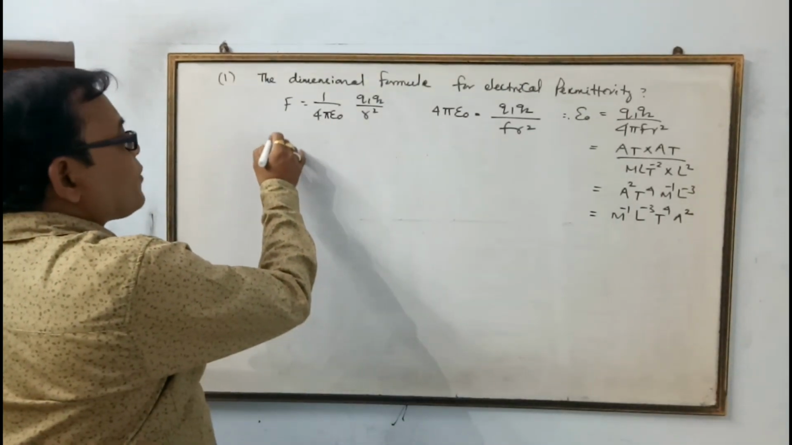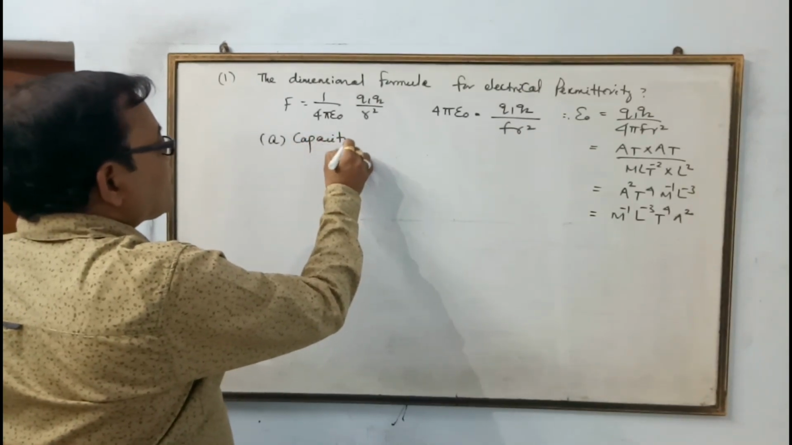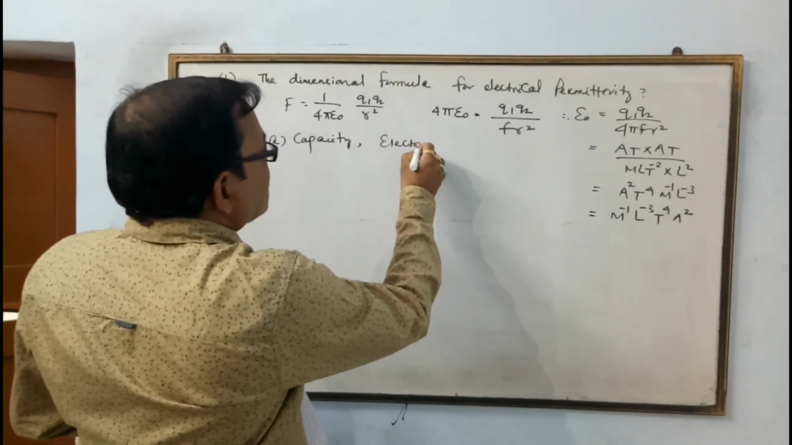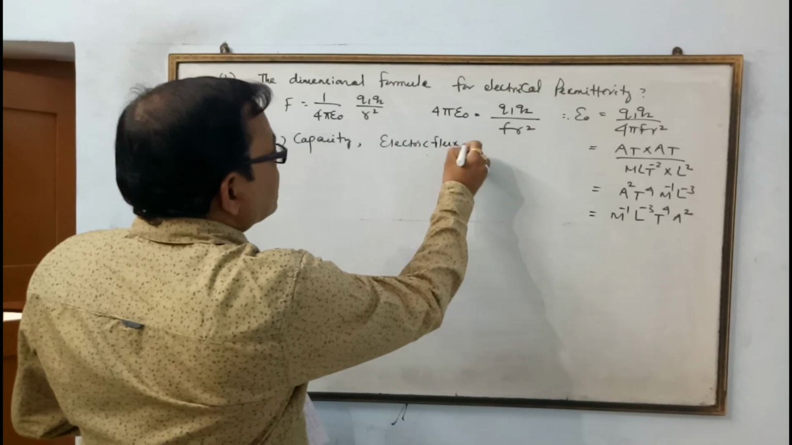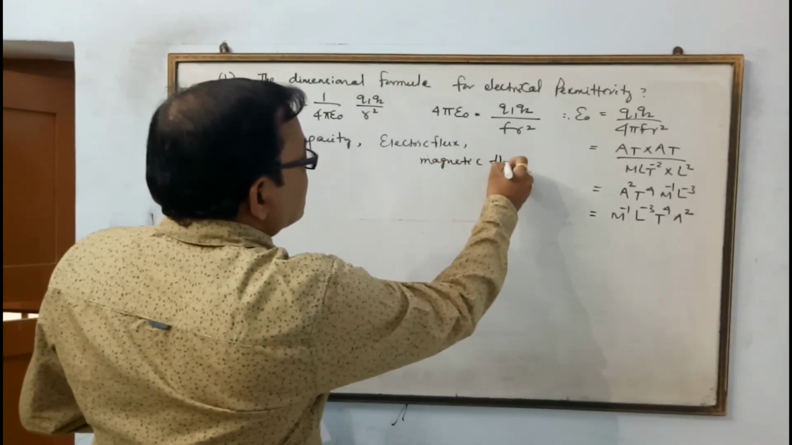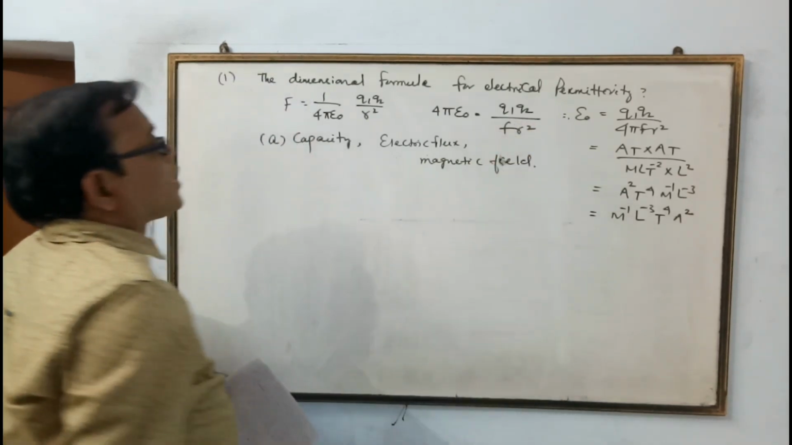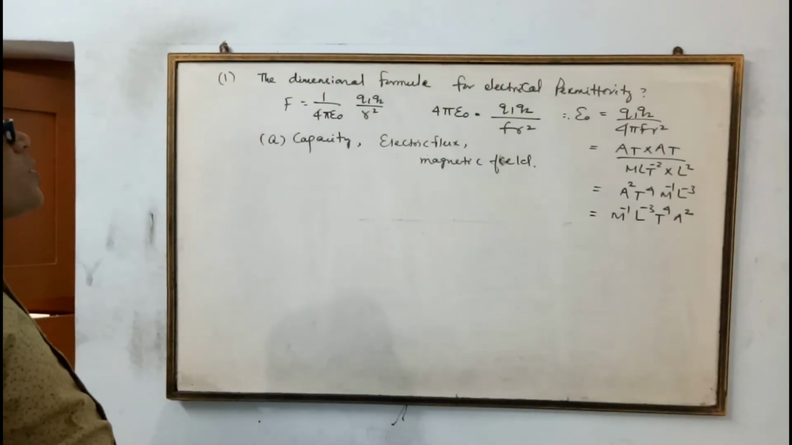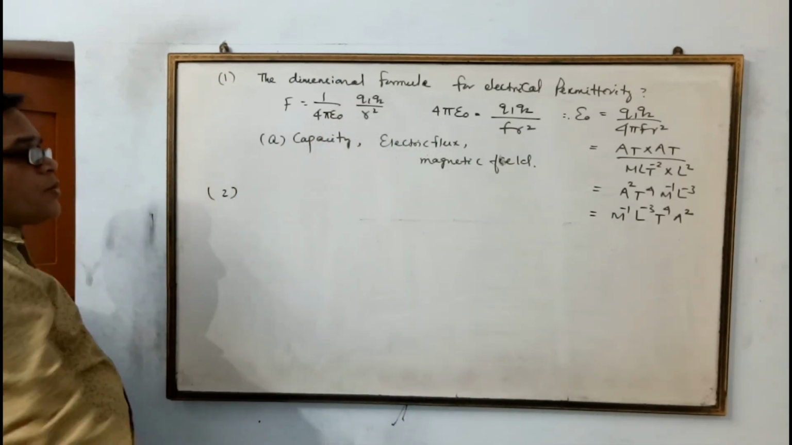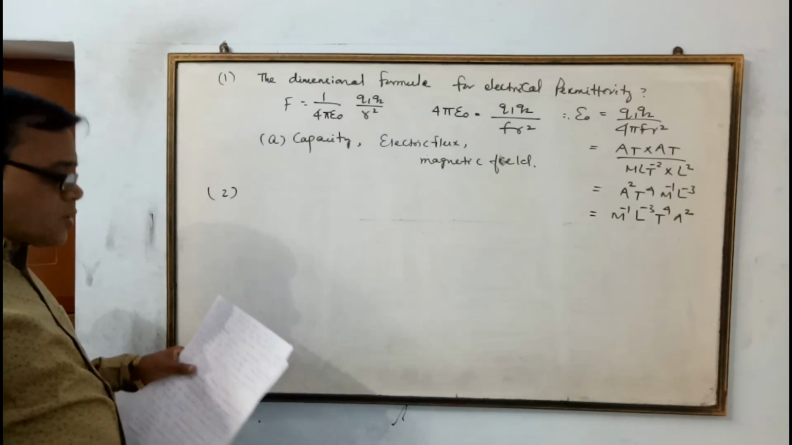Similarly, the dimensional formula for electrical capacity, electric flux, and magnetic field. These dimensional formulas are to be practiced. You have to find out the dimensional formula. This question carries 1 mark. This is an important question for the 2020 board. Next question is